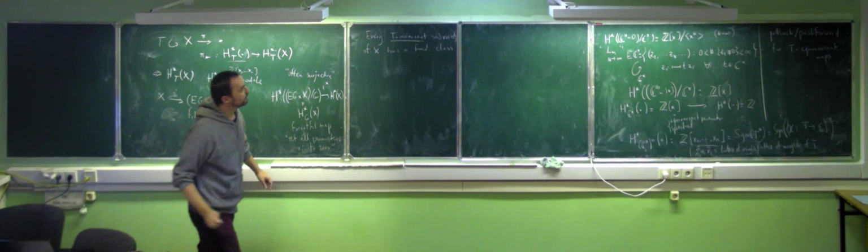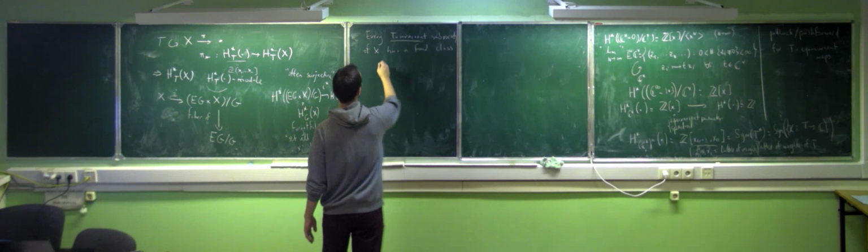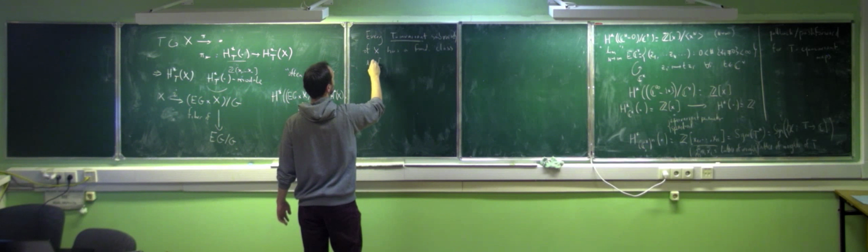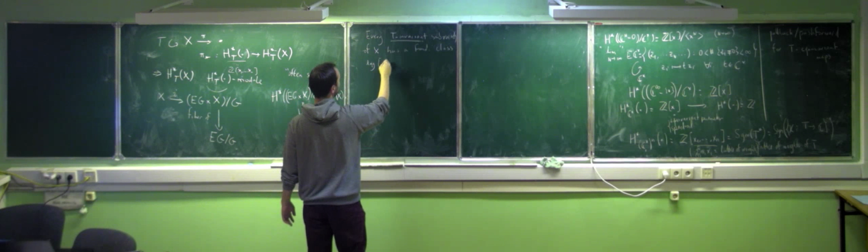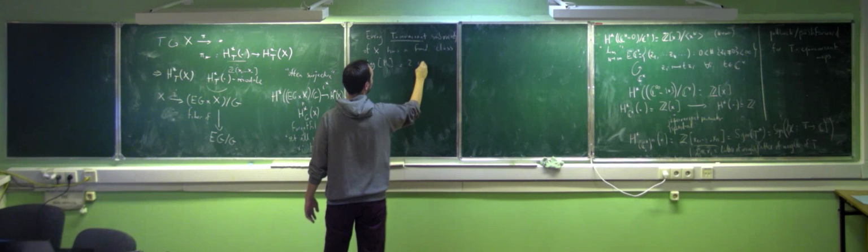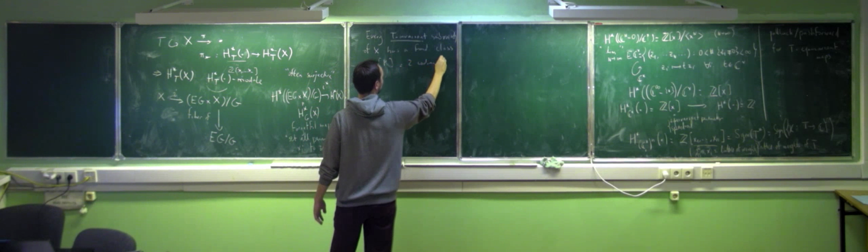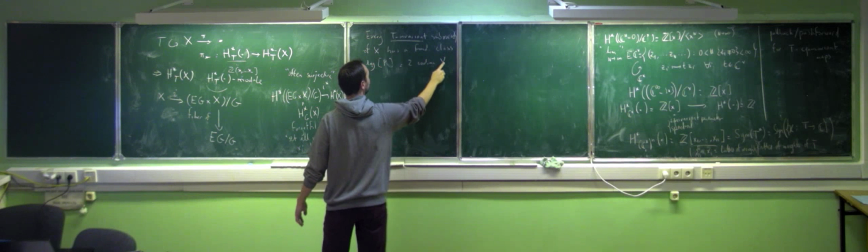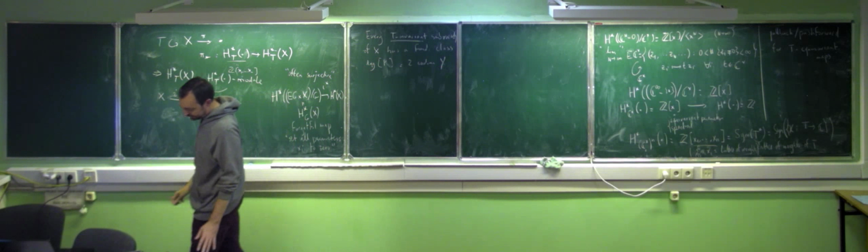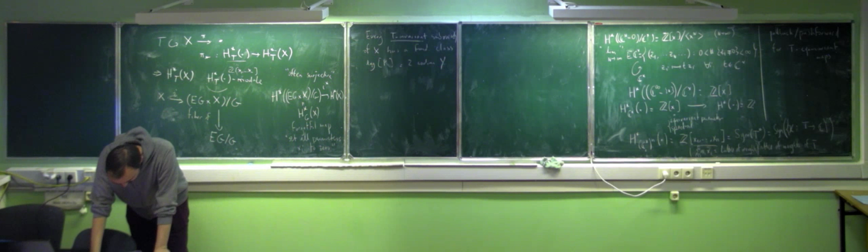And as usual, they will be graded by codimension. So the degree, as usual, well, nothing else has changed. There is a grading, and the degree of Y is, up to a factor of 2, as usual, the codimension of Y. All right. So everything is pretty much the same as before,